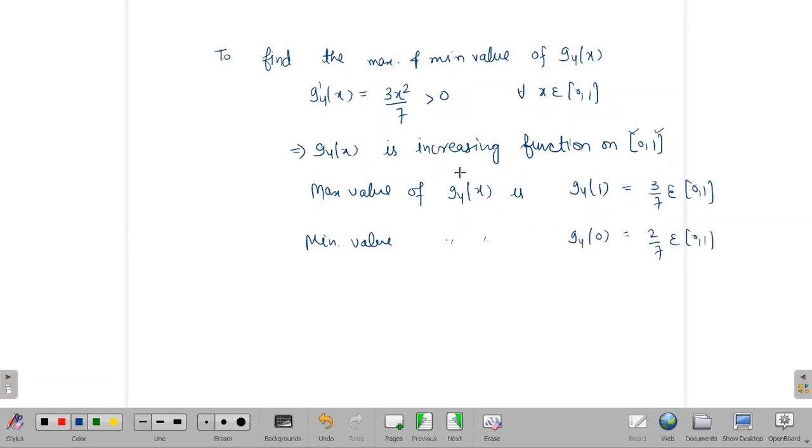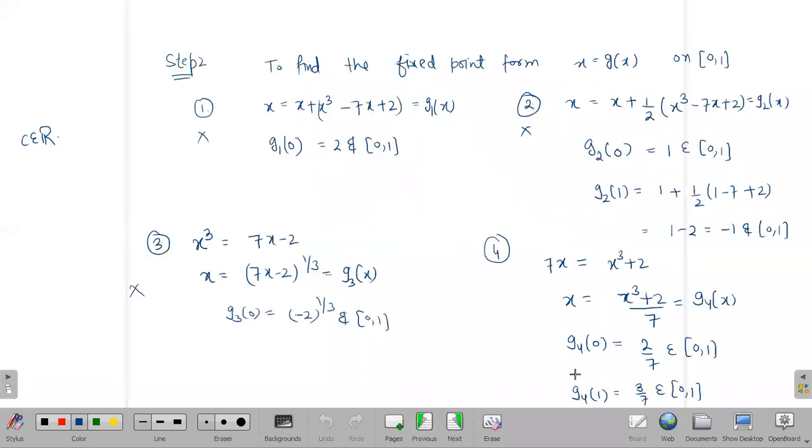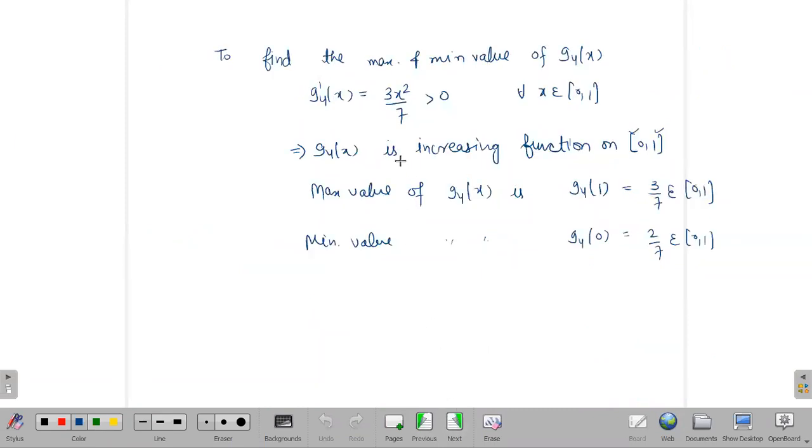First you have to show that it is either increasing or decreasing. Then you will get the maximum value at the end points of the interval. It is not that you just find the end point and then say g maps into itself. You show it is either increasing or decreasing, then find the maximum value at the boundary, and then you can say g maps into itself, belongs to 0, 1 for all x belonging to 0, 1. So it means the second condition is true.